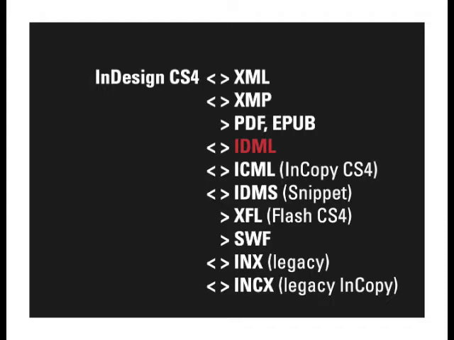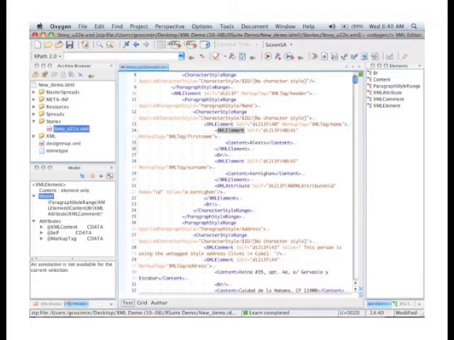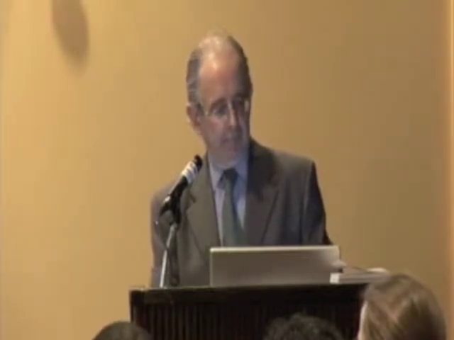So those are the two ways we use XML and the InDesign markup language document to communicate form separate from content. Now, I'm not going to show you a demonstration of that today, but this is what an IDML document looks like inside of the Oxygen XML editor. So, a couple of quick demonstrations. I'm going to show you how we use this first. I'm going to go back to InDesign and export this document right here to